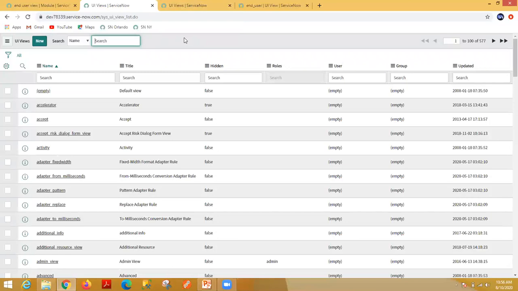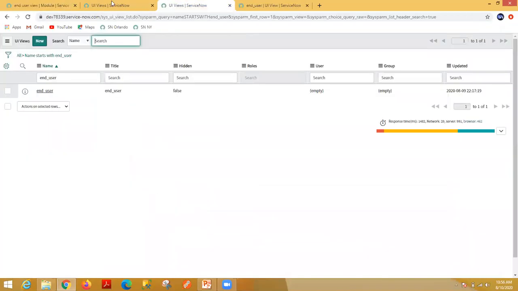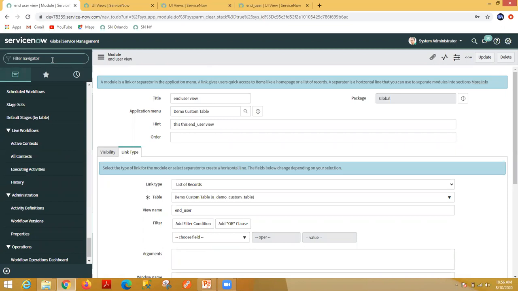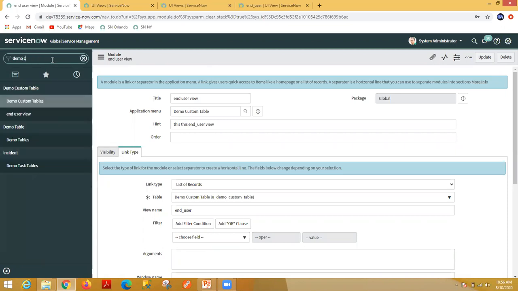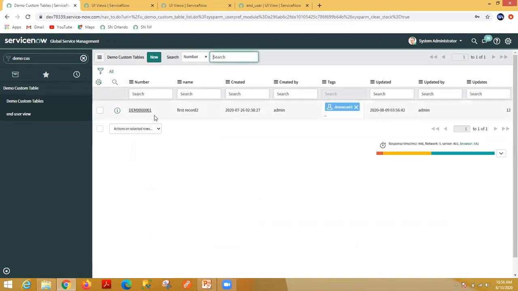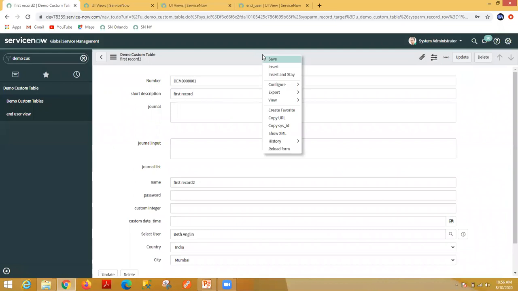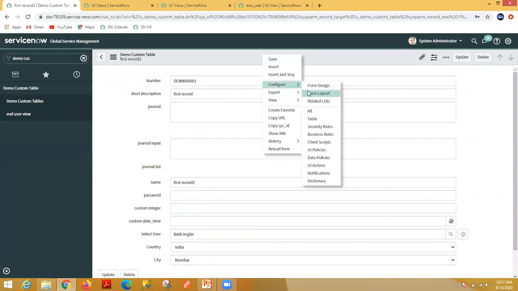If you want to, let's say suppose, add a couple more fields here, you can follow the same method. Open the form, demo custom table, open this record, configure form layout.